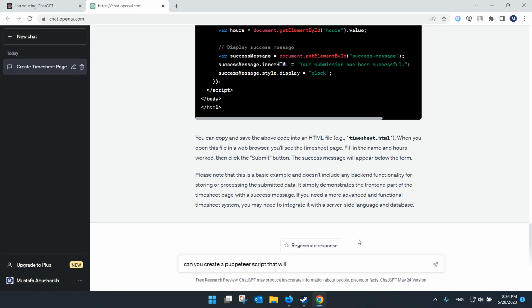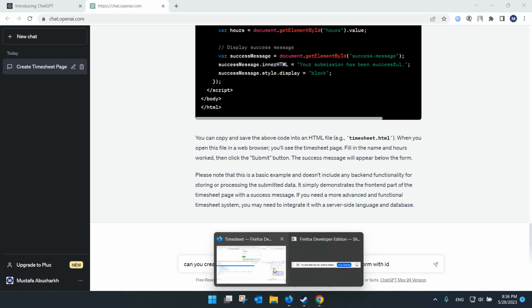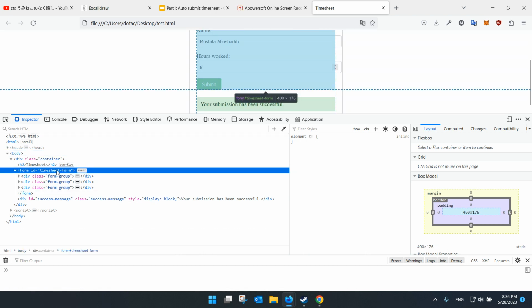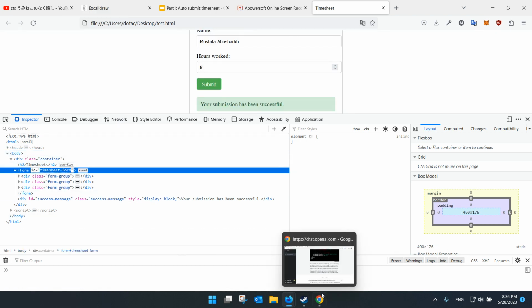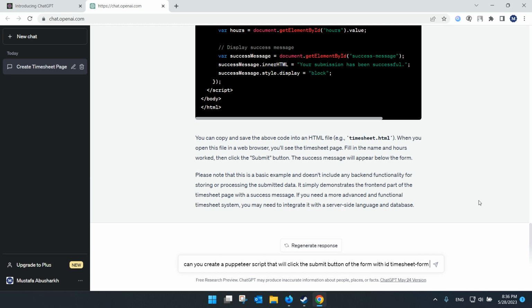Can you create a Puppeteer script that will click the submit button of the form with ID, and I'm going to provide it the ID, which is timesheet-form, and that's it. Now, obviously, I should provide more details, but I'm trying to teach you how to adjust your questions as we go along. So I'm going to hit enter,